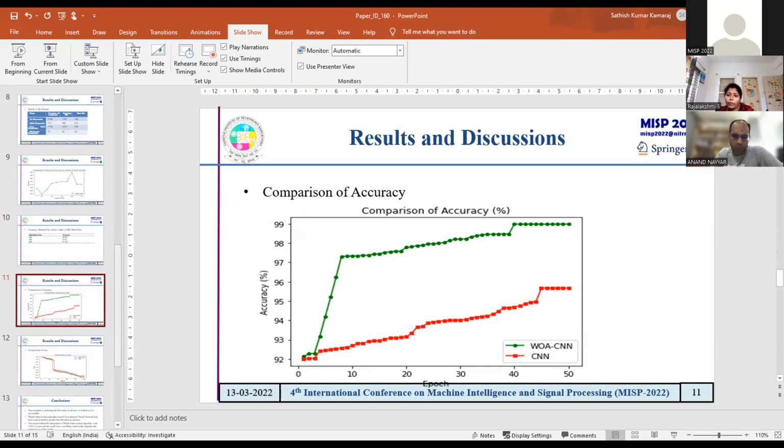The accuracy for the proposed Whale optimization based CNN and the conventional CNN has been given. It is found that the proposed Whale optimization based CNN achieves 3.46% greater accuracy than the convolutional neural network. The reason for the increase in accuracy is the dropout rate and mini batch size, which are determined using the Whale optimization algorithm in the proposed AlexNet architecture, whereas in the case of CNN they are taken randomly.